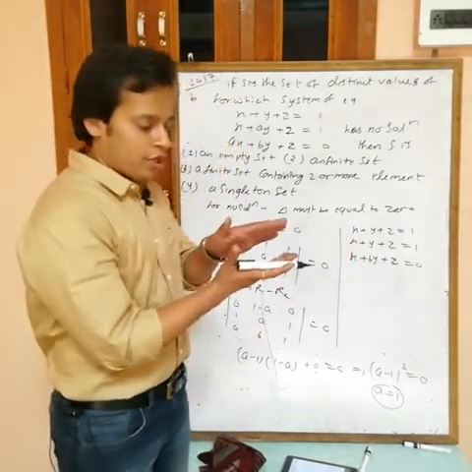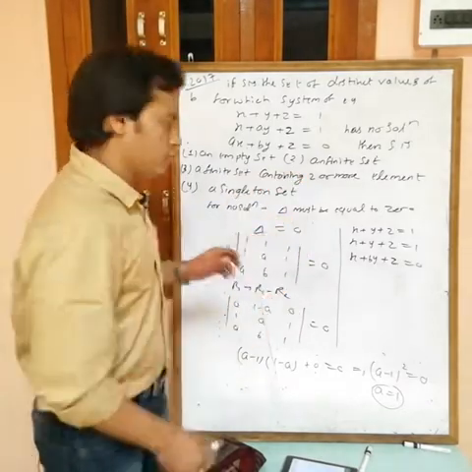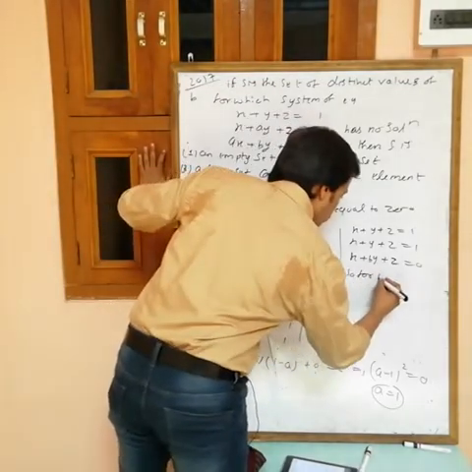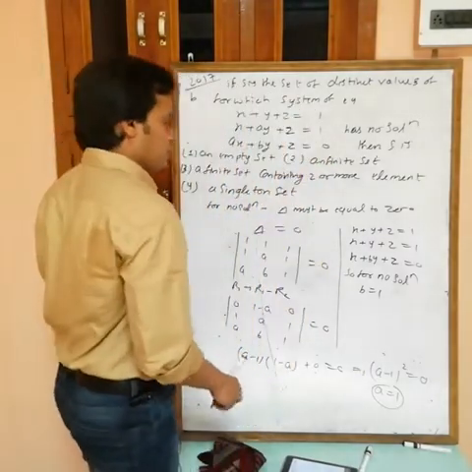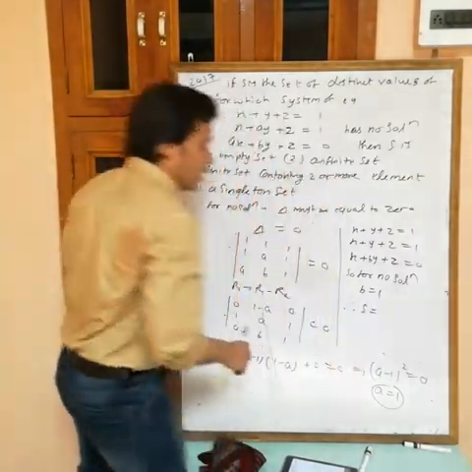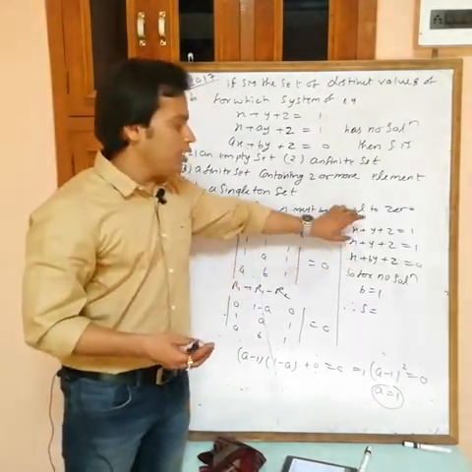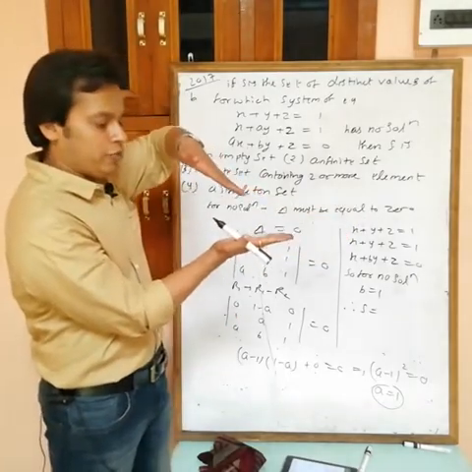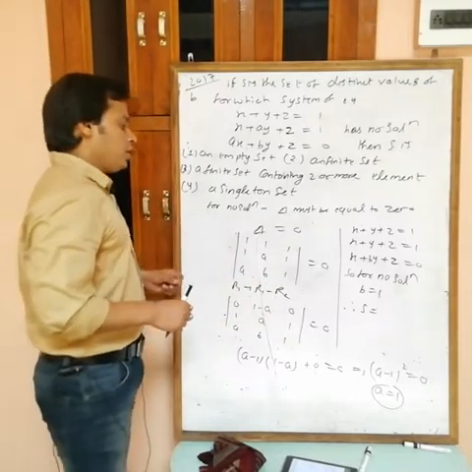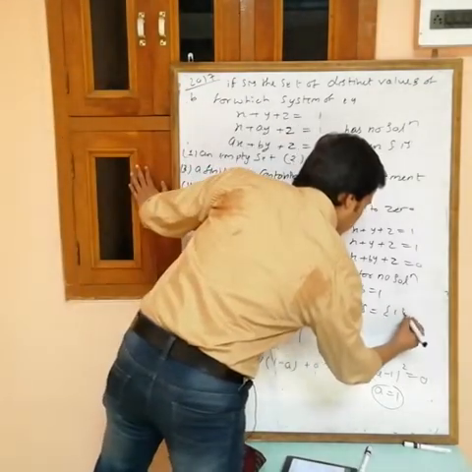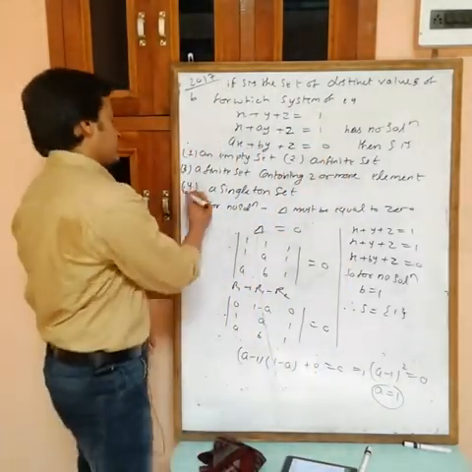Okay, if two are coincident planes and the third one is parallel to these, then there is no solution. So for no solution, B must be equal to 1. Therefore, if you take any value of B other than 1, then this is not parallel to these. Take any other plane not parallel to these, and you will always get a point of intersection, which means you will get a solution. So S contains only one value of B, that is 1. So the fourth one is correct.